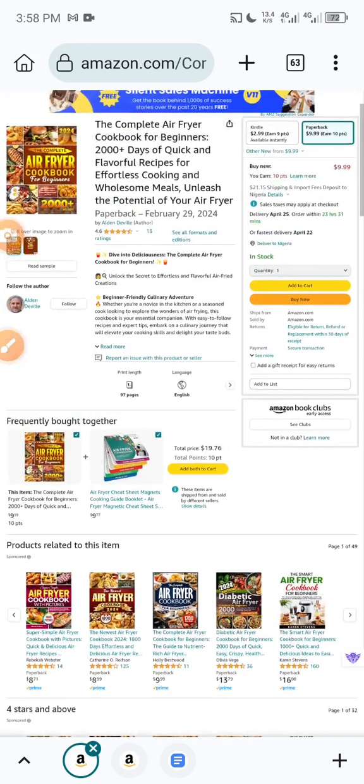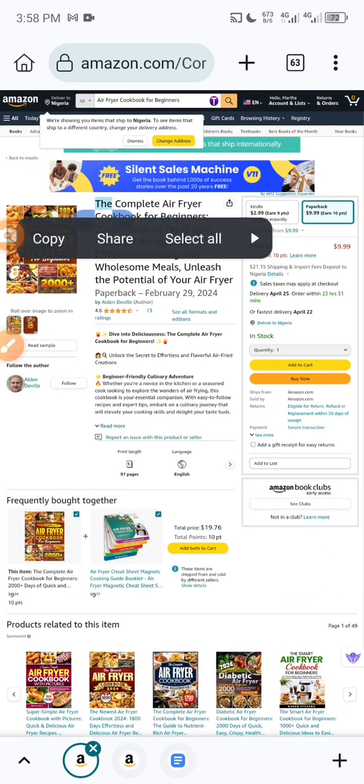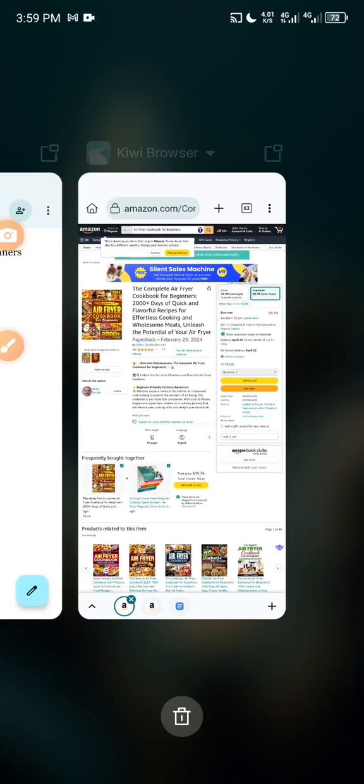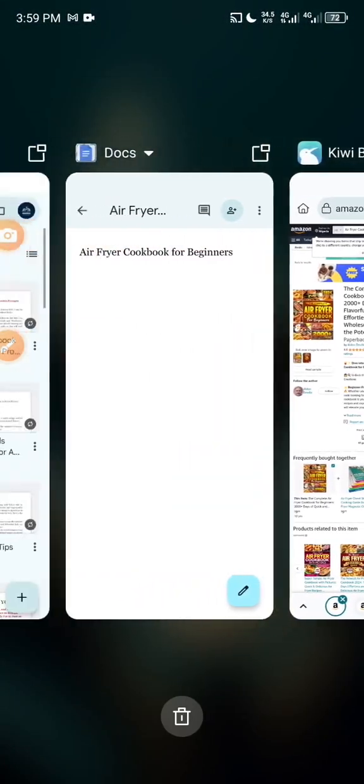So what you have to do is you come over here, copy his title word for word, title and subtitle. Please note, you are not copying this to replicate it. No, you are not allowed to publish a title that is already published by another author. Do you understand? So you copy it, you bring it. What you're going to do with it is that